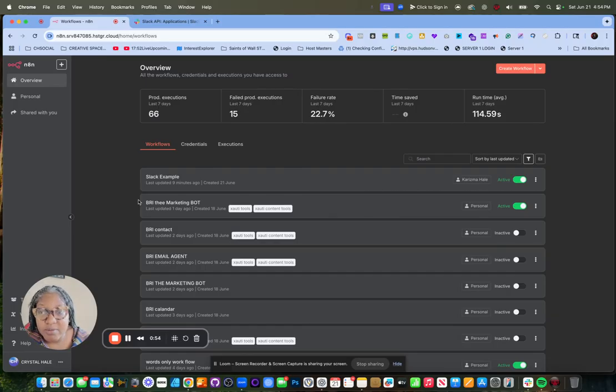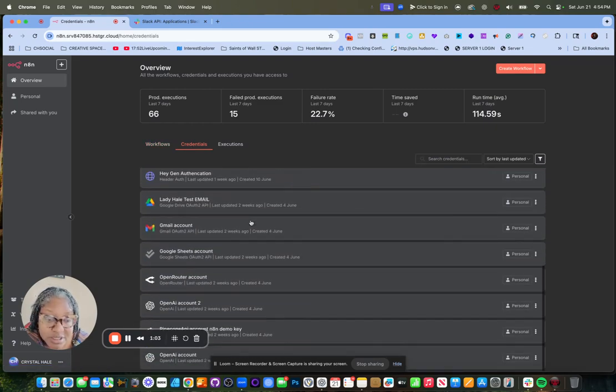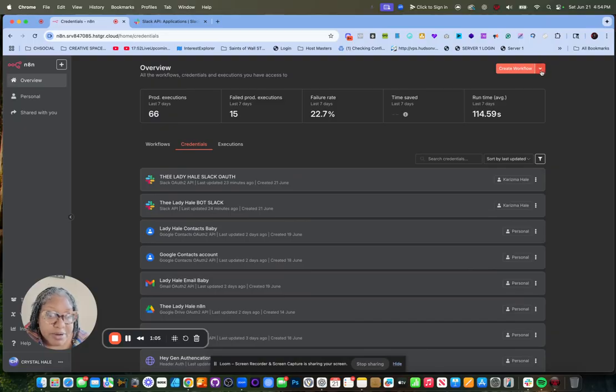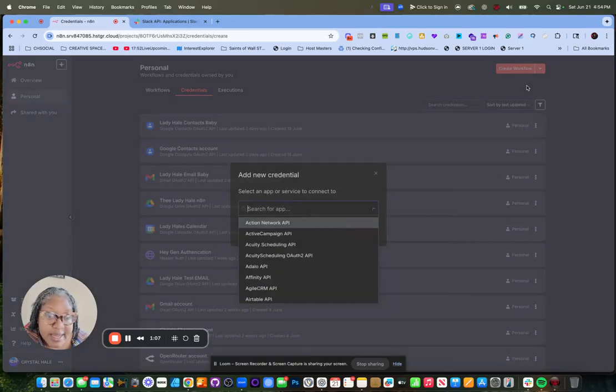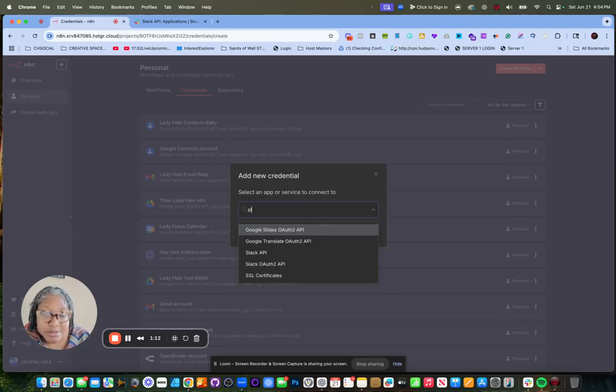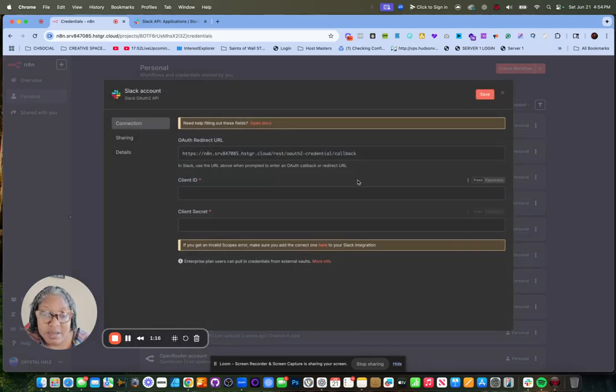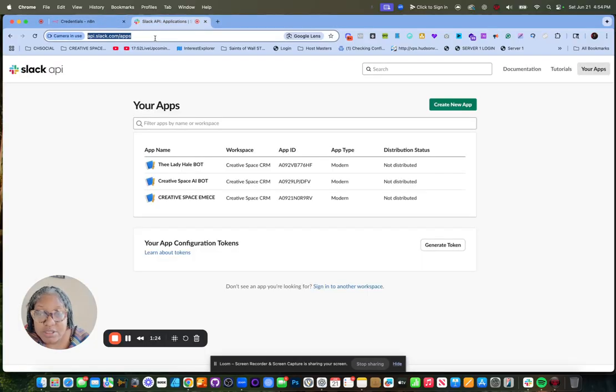So this is part one. When you go into your N8N over here, you're going to go into the tab that says credentials. As you notice, there are credentials in there, but you're going to come over here and put create credential. When you put create credential, you're going to type Slack OAuth 2 and say continue. Right now, we're only going to need the URL redirect. From there, you're going to need to go to